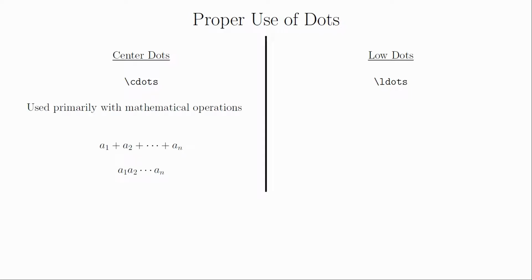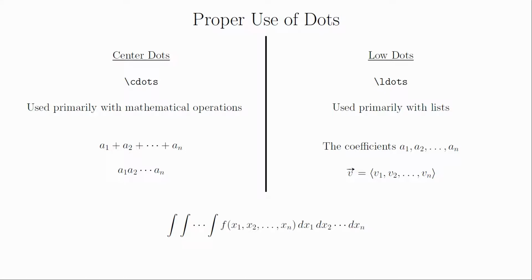The \cdots are used in places where arithmetic or other math symbols are being used, such as a sum. The \ldots are used when the structure is more like English than math, such as between the commas in a long list. Here's an example that mixes the two types of dots. You can see the different heights side by side, and hopefully you can see why each one was chosen.